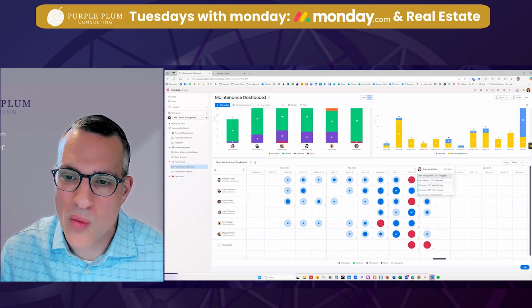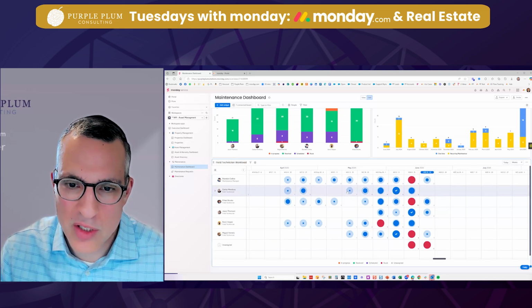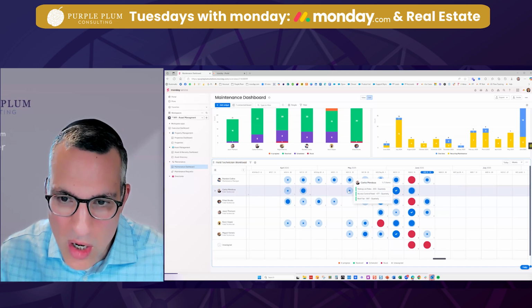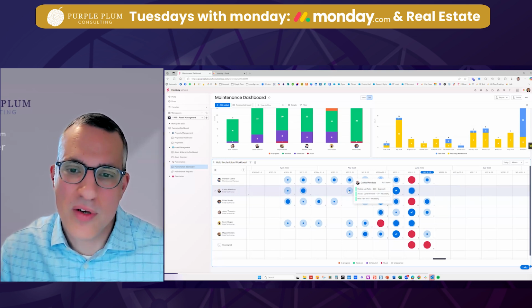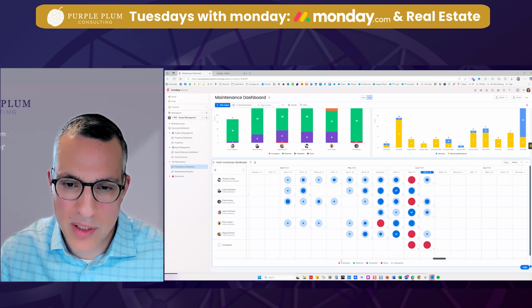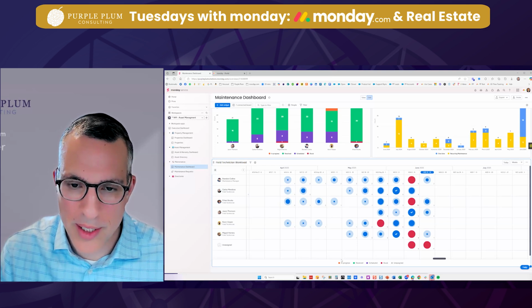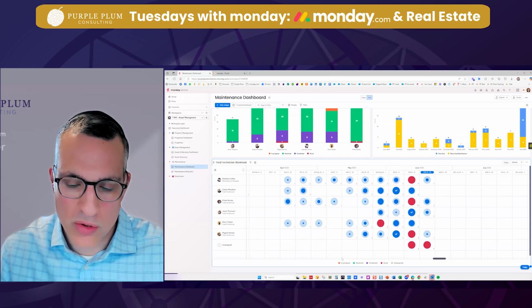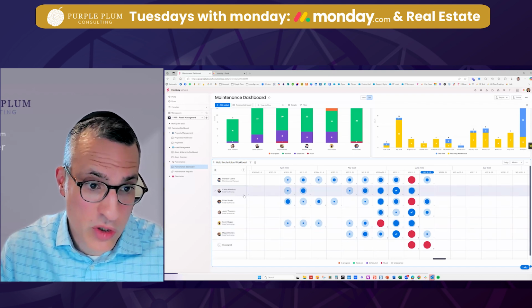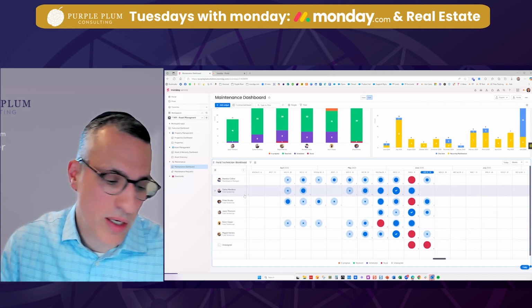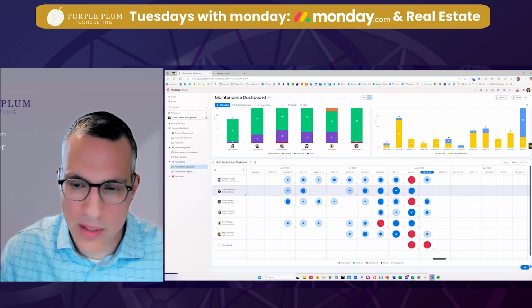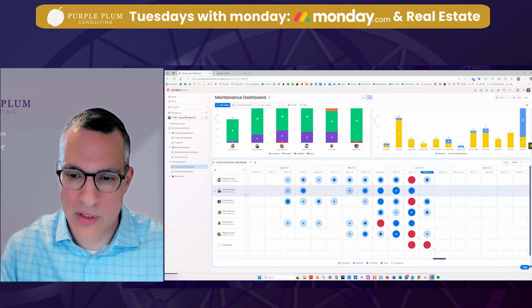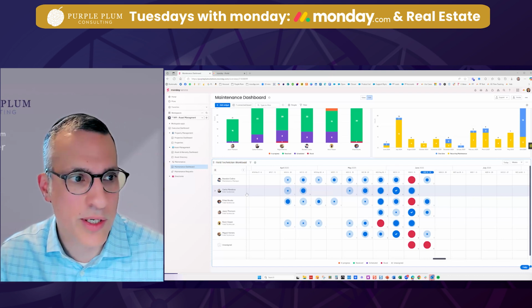So that's telling us we've given him too much maintenance. We need to move something away from him. Whereas in this particular case over here, Carlos has only 1 out of 5. So he has the ability to work on more. And this is just a great visual. We see a lot of companies using this on an individual level, on a team level, on a kind of property level. Lots of flexibility on how this very powerful visual widget can be used.